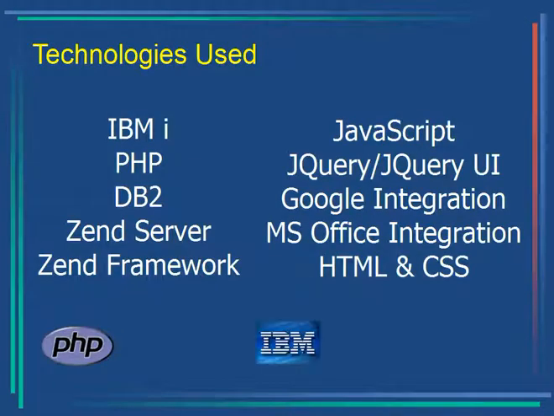To achieve this, the technologies we use are PHP with Zend Server, Zend frameworks, along with the DB2 database on our IBM i. We also use JavaScript, jQuery UI, and we also have Google integration and Microsoft Office integration. So we've got a lot of good features that we can incorporate within our application that we could never do